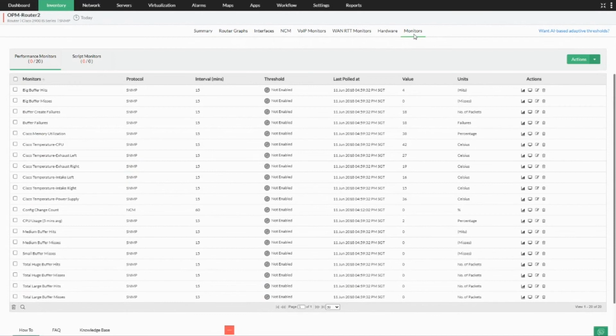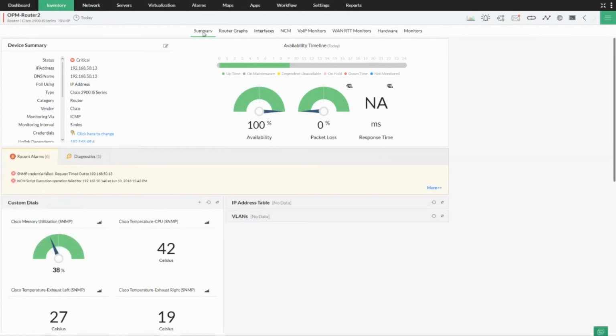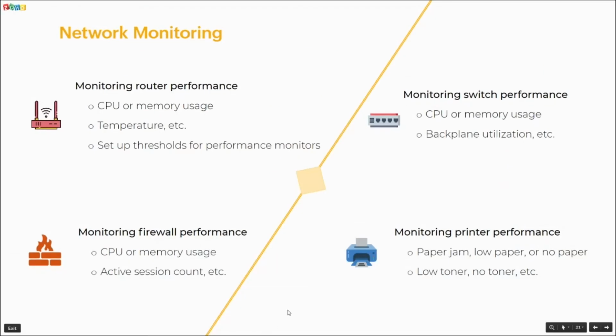as we have seen, CPU, memory, disk read and write, IO rates, buffer misses raised, and buffer failures as well. So based on various metrics and the information which you want to monitor, you can monitor them under the network devices for the respective type. If it's a router, yes, you can. If it's a switch, you can. Printers, firewalls, based on the vendor type, you can monitor various metrics which are critical in your environment, and you can set thresholds and get notified accordingly.